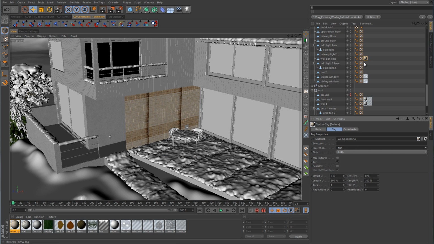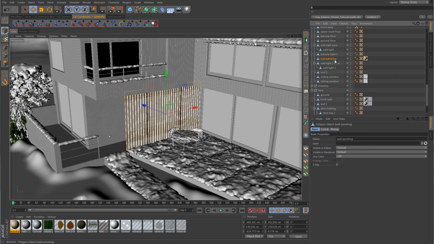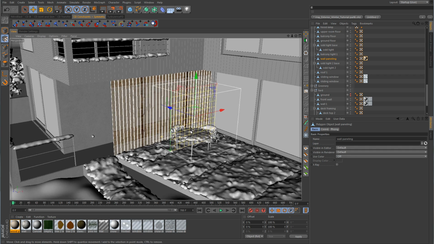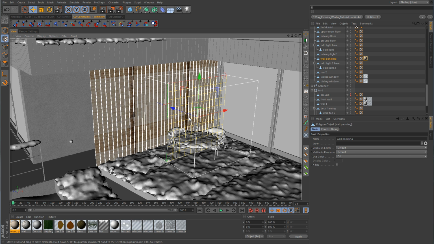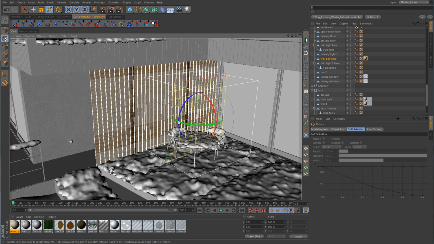And I'm going to select the material plus the wood paneling here, and grab the texture axis tool again. What I'm going to do is flip it, because you can see the dark spots that are for the water staining need to be down towards the bottom. So let's grab the rotate tool, flip that 90 degrees, and I'm going to turn off tiling,